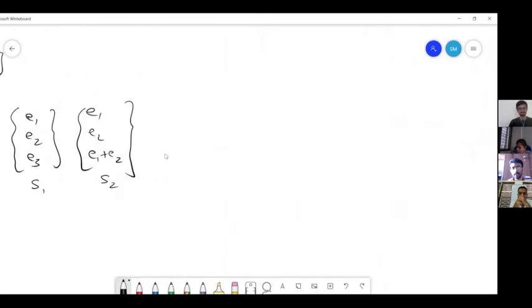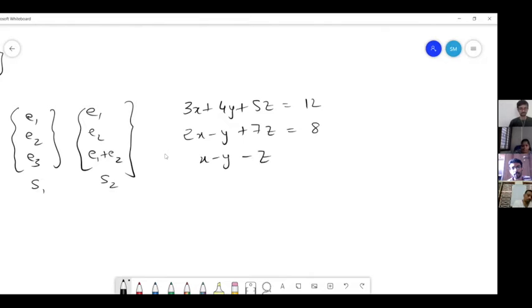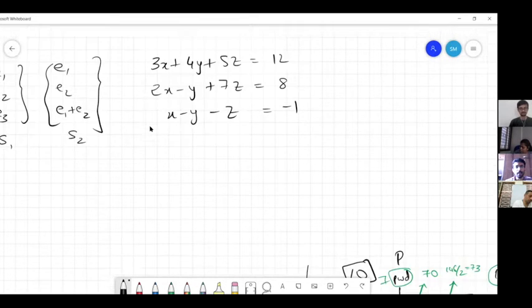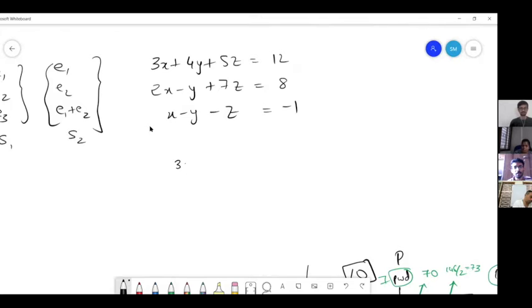A system of 3 equations. Okay, so 3x plus 4y plus 5z is equal to 12. Then 2x minus y plus 7z is equal to 8, and x minus y minus z is equal to minus 1. And this is one system. Another system is 3x plus 4y plus 5z is equal to 12, 2x minus y plus 7z is equal to 8. Then the sum of these is 5x plus 3y...